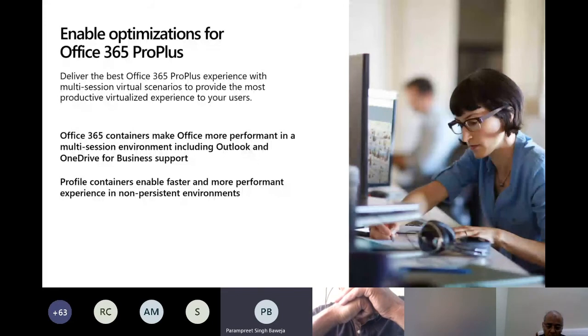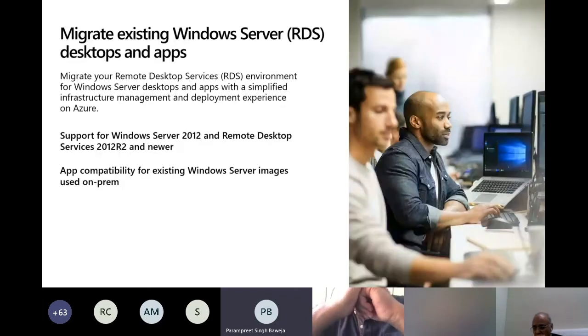The RDS is currently not required. Say, for example, if you have a remote desktop service which is already running on premises, WVD allows you to utilize the same license and use that to provide WVD access to your end users. So this is more from a licensing perspective, which allows you to use an existing Windows Server RDS desktop if you already have procured it on premises.